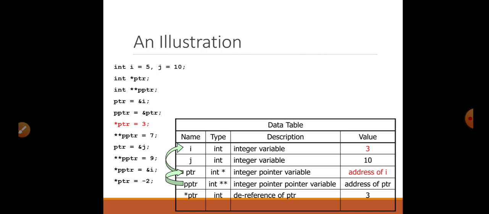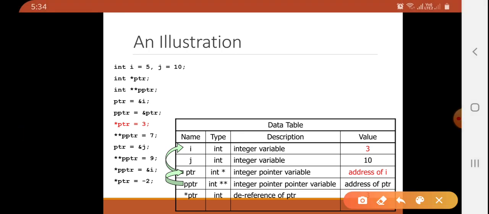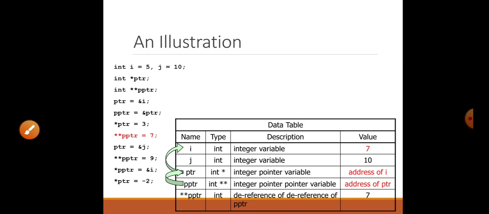So here 7 will be stored at i, because *pptr is one reference, and again the second pointer. So now instead of 3, what is the value of i? 7.